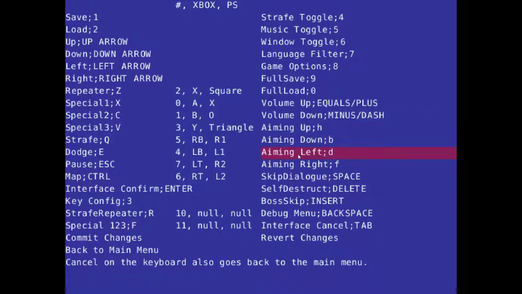Alright, aiming up, down, left, right. So this is HBDF. That just seems to be completely random keys. So naturally I can configure this to whatever I want, but just looking at what the defaults apparently are, it's